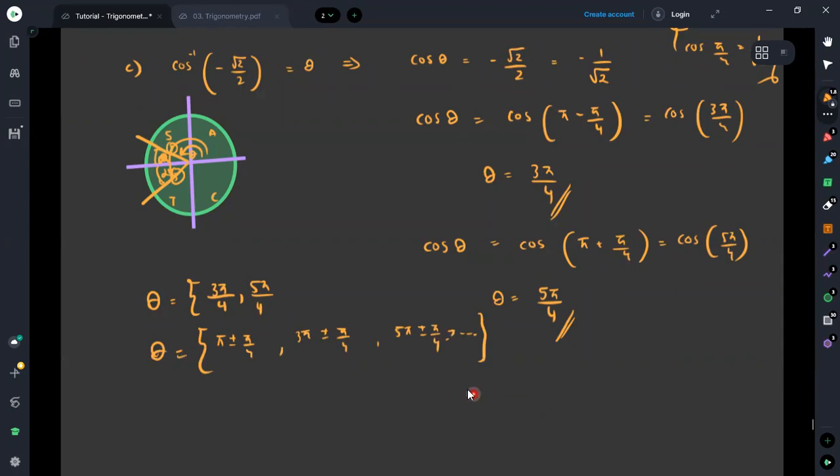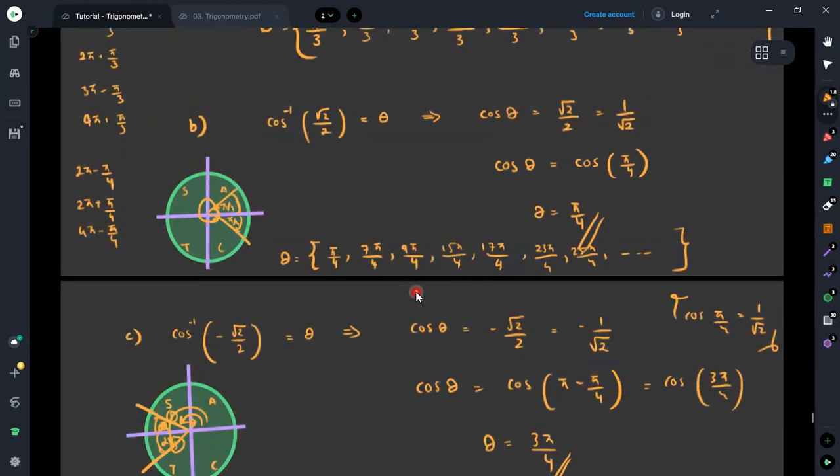Here also we can say theta is equal to the previous one also. It is 5 over 4 plus or minus 5 over 4. Then it is 2 5 plus or minus 5 over 4. Then we can have this as 4 times 5 plus or minus 5 over 4. Likewise, we can have both ways also.